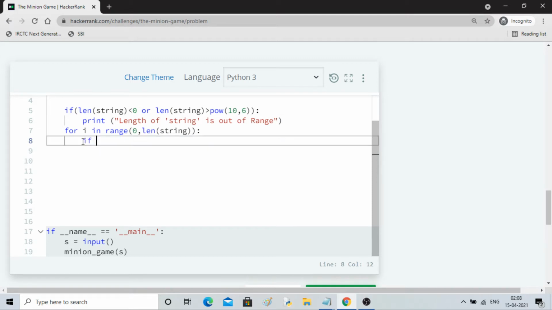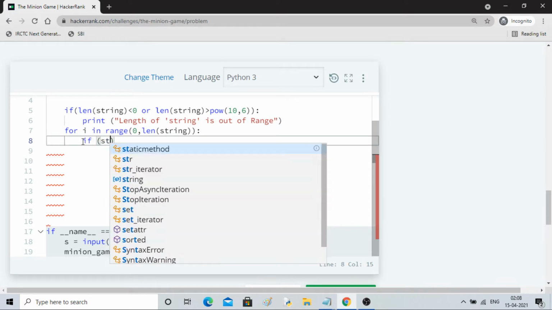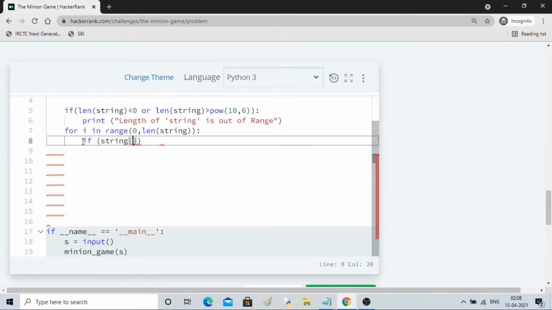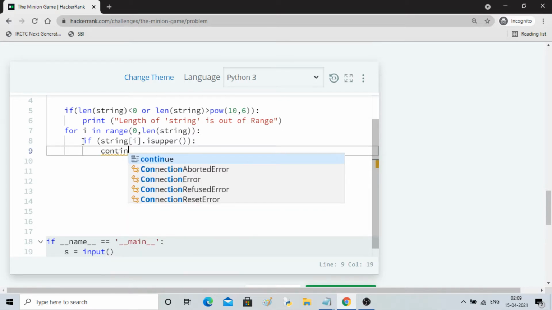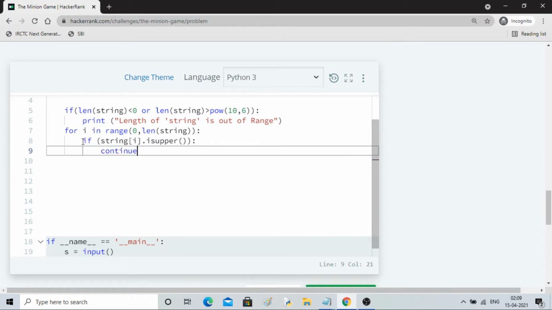If condition I'll apply: if string I dot isupper, then I'll continue. It's fine means it's fine, no issues.